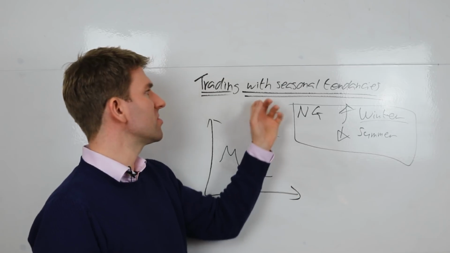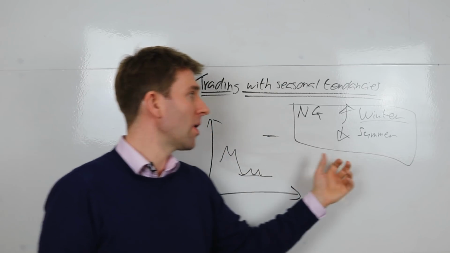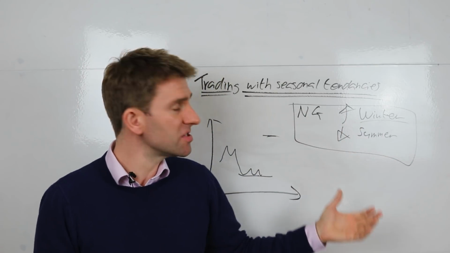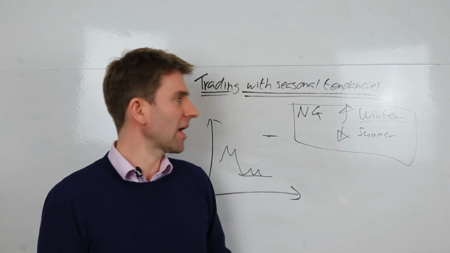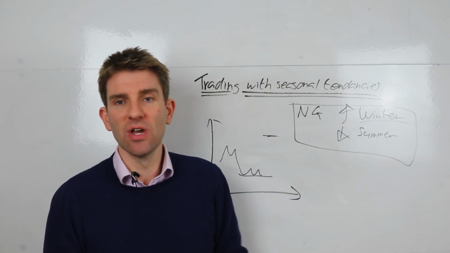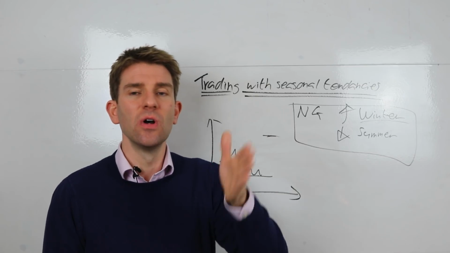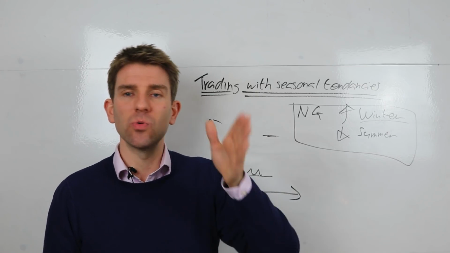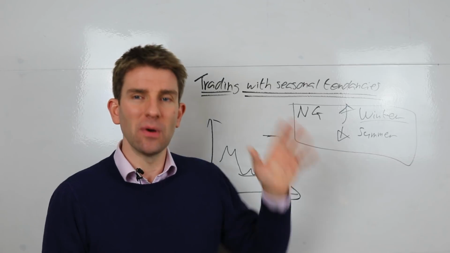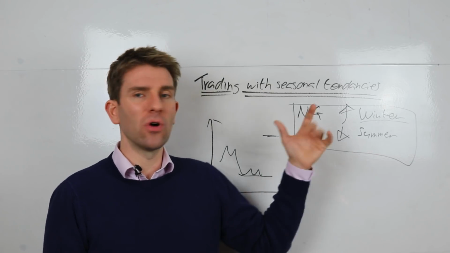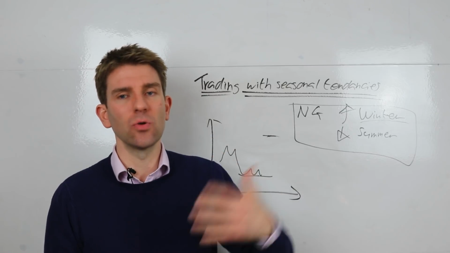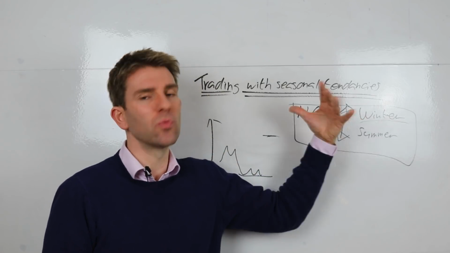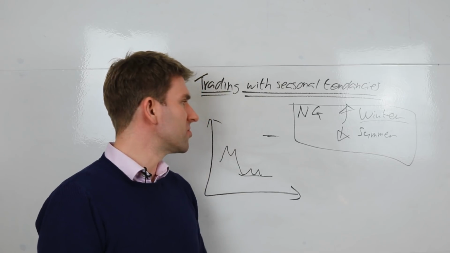Those are my approach, guys, to seasonal tendencies. It works quite a lot with the energies and some of the soft commodities: the meats, orange juice, frozen orange juice, and so on. There are some other seasonal tendencies with business cycles and metals, but I think it's more the commodities, where you've got a supply and demand side that makes sense in terms of the harvesting, and consumption in winter because of the cold. So, something to think about.